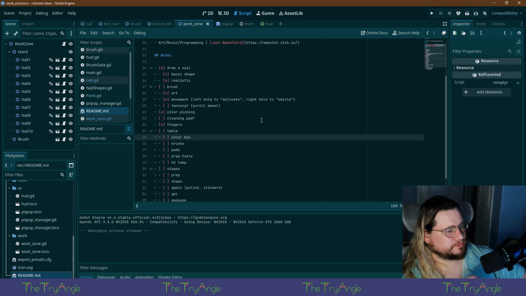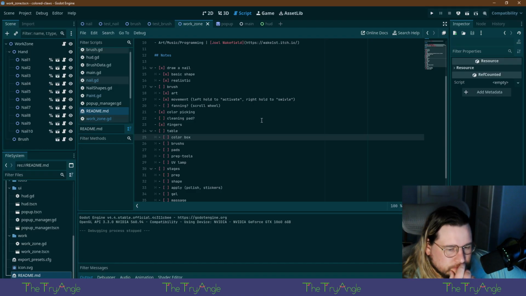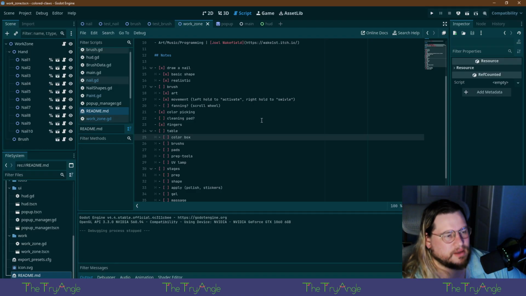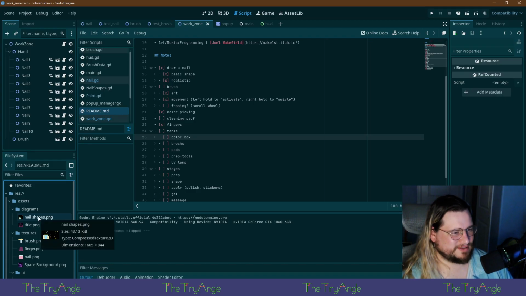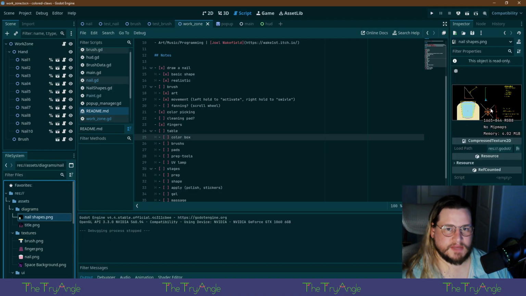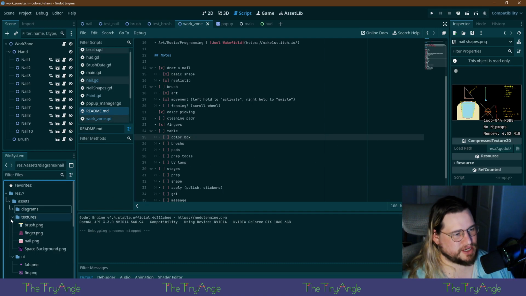I wonder how, though. How are we going to do this? Don't I have diagrams? Yeah. All the math. You know, it's necessary. It's funny, I did all this work for nail shapes, and in the end, I didn't even use it because I was like, wait, we can just draw one.